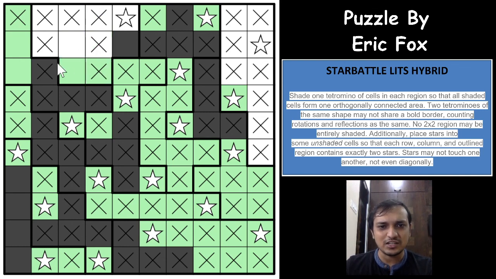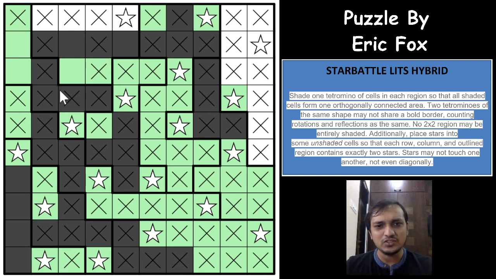Superb, which means that the connection would have to be from this cell, and it is a straight I connection, which means that now this cell would be a tetromino cell, a star cell, this would be a cross, and this would be a star now. And all of these cells are not tetromino cells, and now only one region is remaining which will have the tetromino. Let us see that.